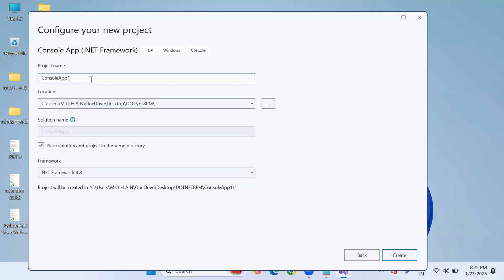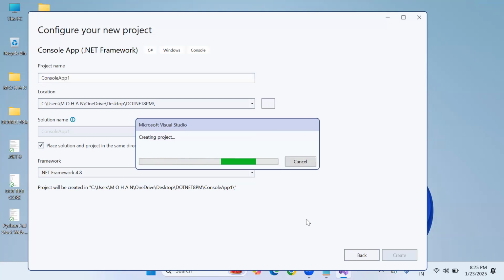So now we can see, whenever I change the folder name to 8 PM, immediately it's asking to create, for the first time, the application Console App 1. This is the project name. Do you want to change the name of the project? You can change it, not a problem. But notice this, what did I select in the template format? .NET Framework. That's what it is showing. Target framework is what? 4.8 only, the recent, latest framework. Now click on Create. It is going to create a new console application with the .NET Framework, which makes it platform